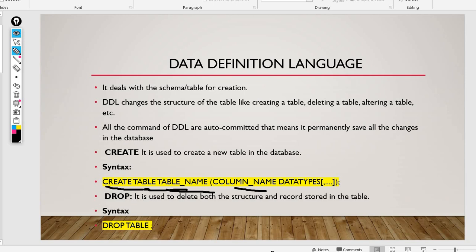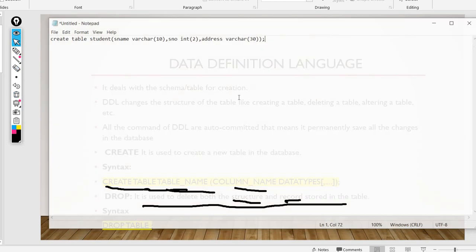Next is drop. So this is used to delete both structure and record. Remember this structure and record they have mentioned here. That means it will delete entire table, nothing will be there. For example, I'll just write it here.